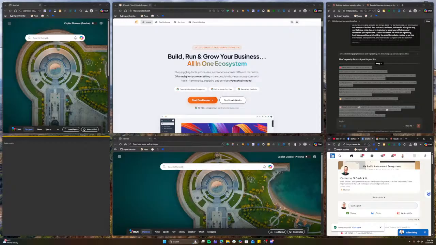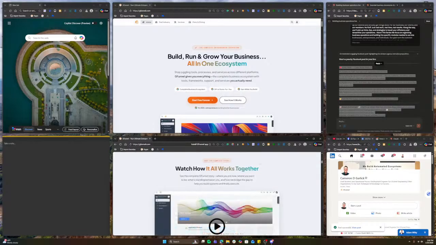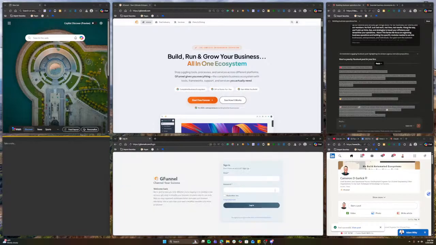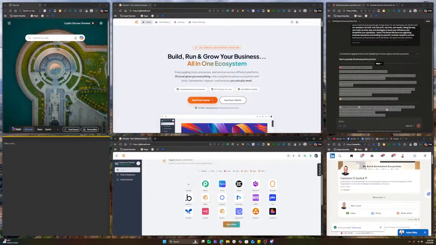That's what I do. I have my AI always to the top right corner, okay? And then I have two platforms that I'm usually running, okay? And these platforms, I'll just show you exactly what they are. They are GFunnel. I'm running GFunnel, okay? Now what I do is I log in. So let me just log in really quick. And then we're going to start building, okay? So I have my platform. Now I have all my tools. I have all my notes. I have everything that I need to create. Everything right here, okay? That's what I do.